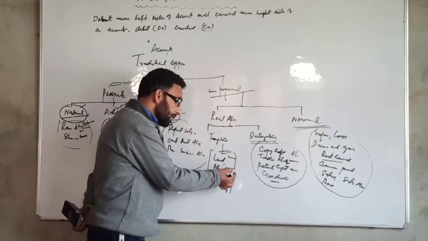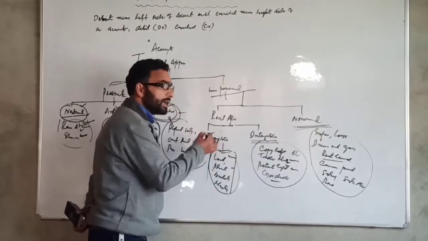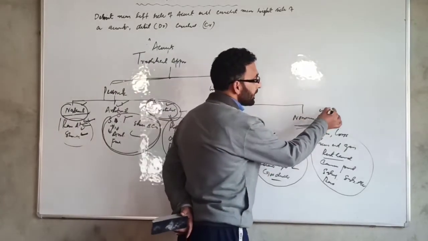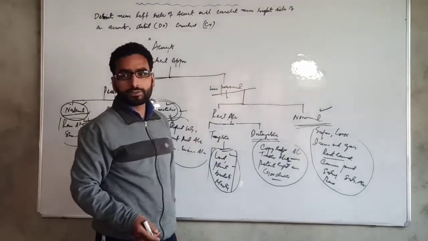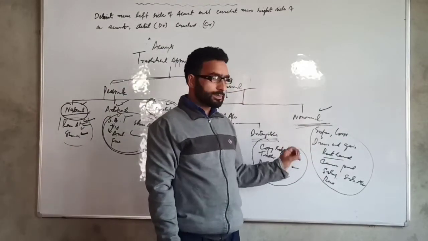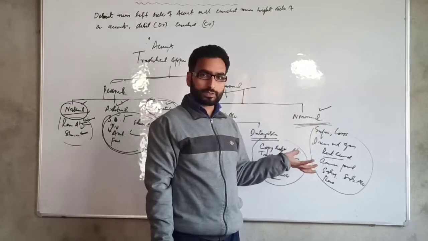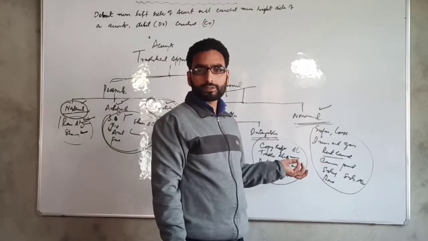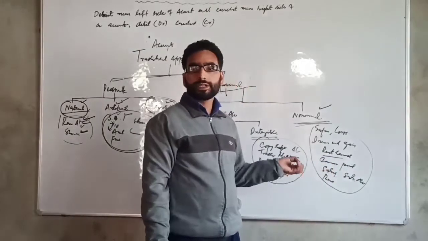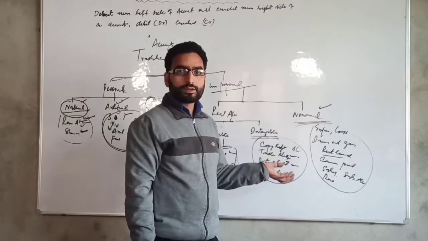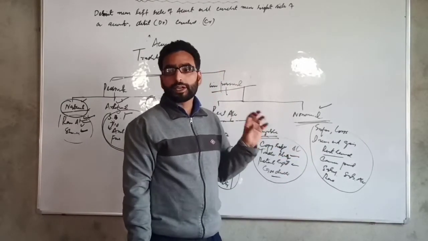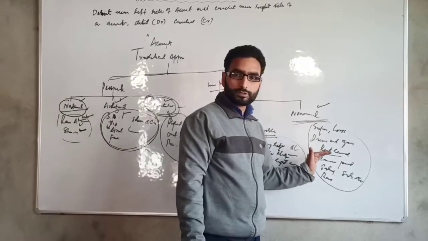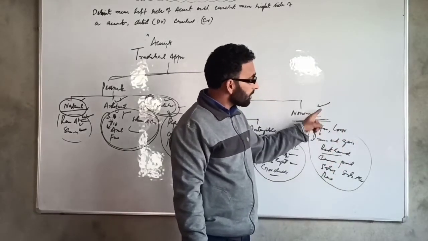In the same way, land, building, plant, machinery, they can be touched, they can be seen, and can be measured in terms of money. Now, another point was here, nominal account. Nominal accounts are those accounts which deal with expenses, losses, incomes, and gains of the business. Suppose sales account, that gives income to the business. Rent received, commission received, interest received, that gives income to the business. Like rent paid, salary paid, commission paid, they are expenses to the business, carriage, etc. So all these accounts are called nominal accounts.